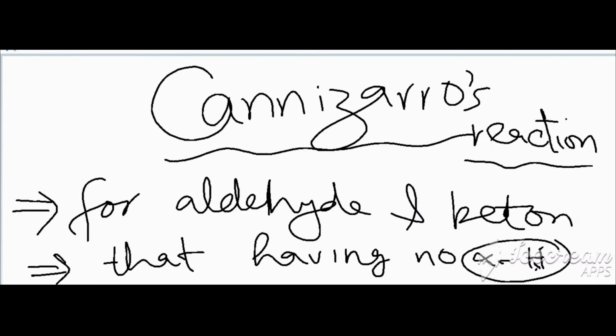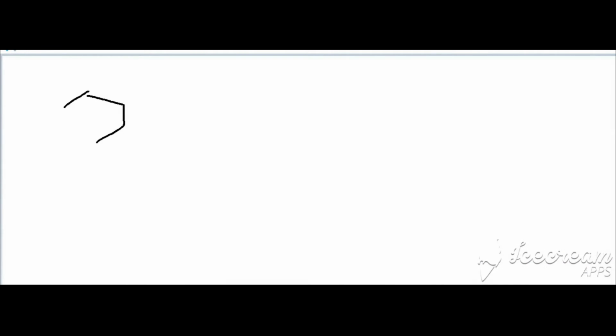Why is this very important to remember? Because all the mechanism is related to that, and it's interesting that we can keep this point in mind by this name. Can is 0, 0, 0. Keep in mind as 0, so having 0 alpha hydrogen will give aldehyde and ketone to